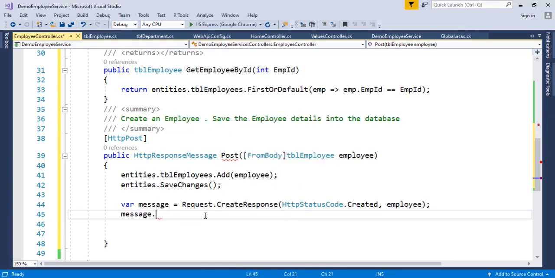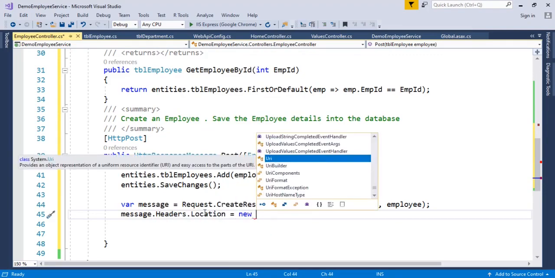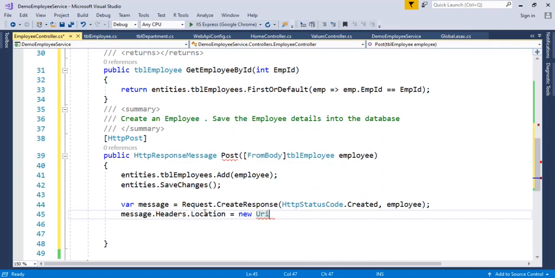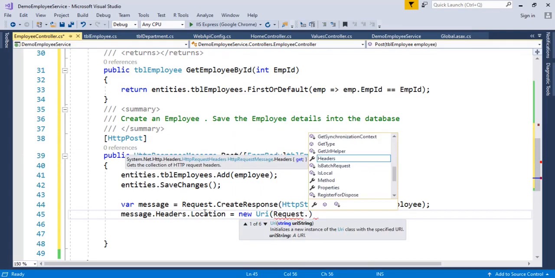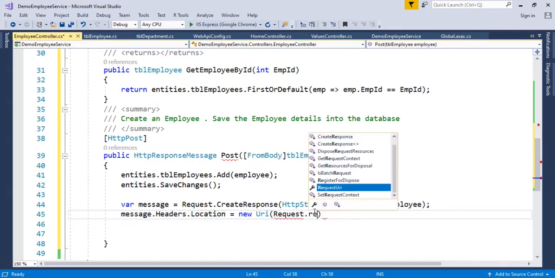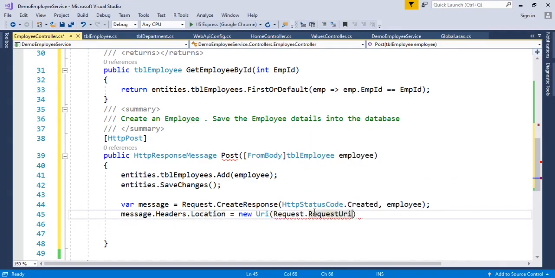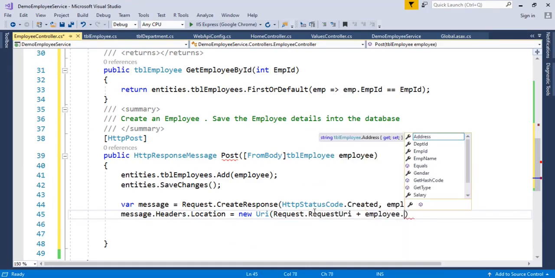message dot headers dot location equal to. In the headers we are going to add this new URI of request dot request URI plus the created employee object dot employee ID.